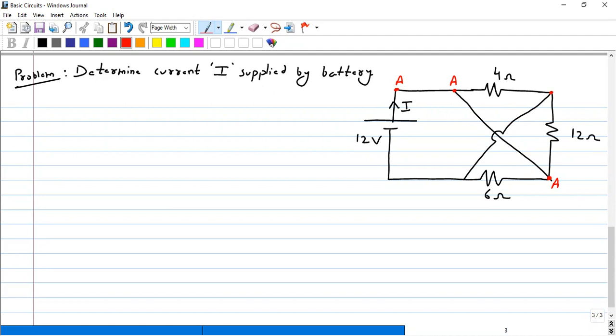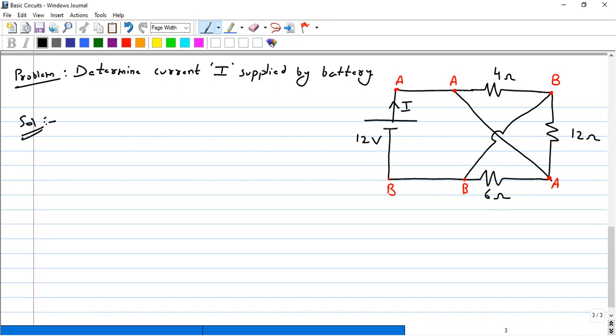But this point cannot be A because between point A and this point you have a resistance. Therefore, definitely this point should be given some other name, that is point B. Now if you look carefully, this point B comes over the crossover and it comes here as B, because there is no element here. If this is B, then this point will also be B because there is no element between these two points. Therefore, now I know that there are only two points or two nodes, A and B, between which everything is connected. So let us try to simplify it and solve it.